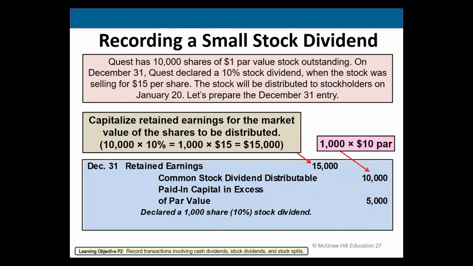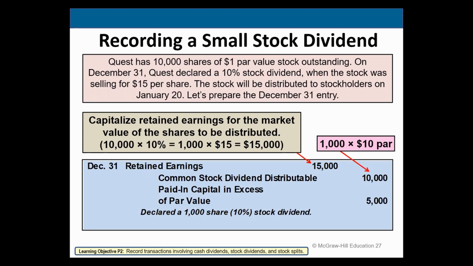Assume that Quest's directors declare a 10% stock dividend on December 31st. This stock dividend of 1,000 shares, computed as 10% of its 10,000 outstanding shares, is to be distributed on January the 20th to the stockholders of record on January the 15th. Since the market price of Quest stock on December 31st is $15 per share, this small stock dividend declaration is recorded as shown. The $10,000 credit to the